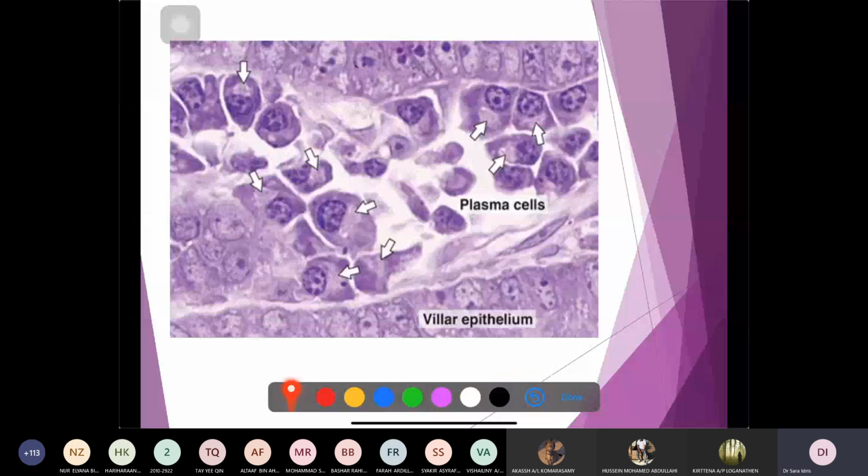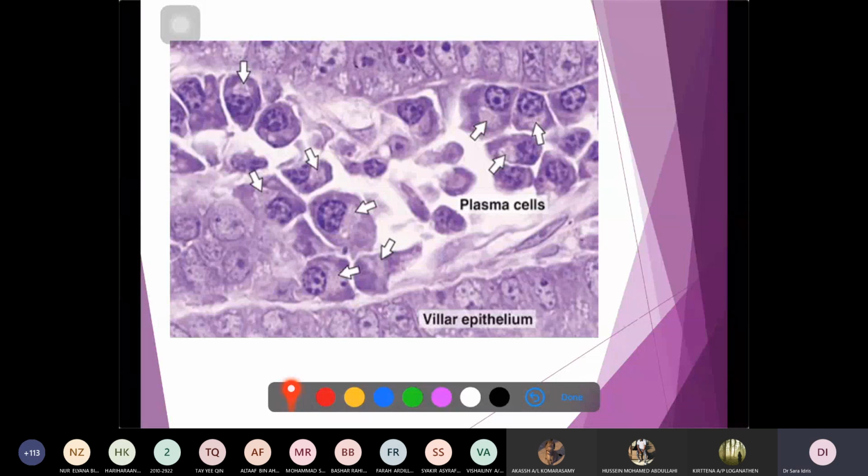If I were to show you a slide of connective tissue, you can see these cells here. These are all your plasma cells. Plasma cell, plasma cell, another plasma cell there. You can see the nucleus there, right? The midline will be your nucleolus, and these are your heterochromatin clumps, regularly spaced in the nucleus, and it gives the nucleus and also the cell a clock face appearance, and you can easily